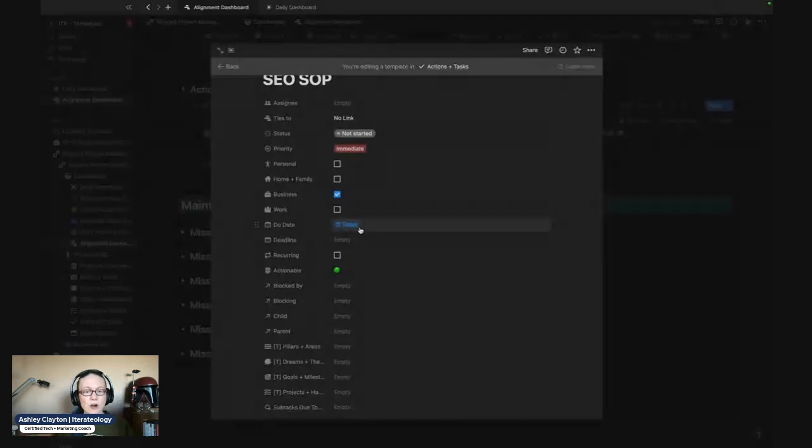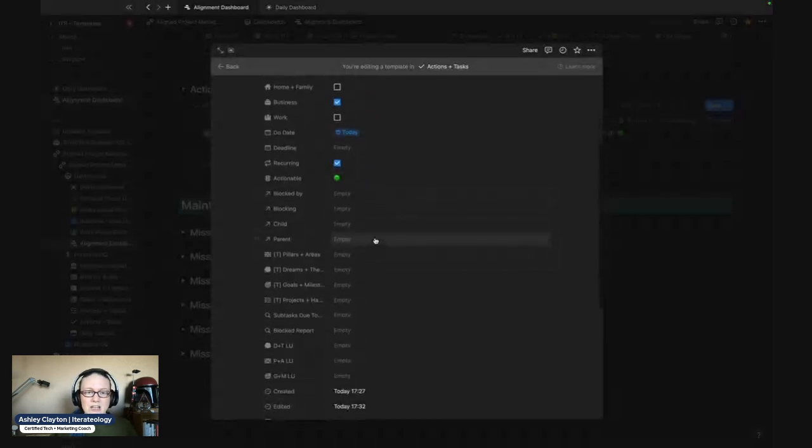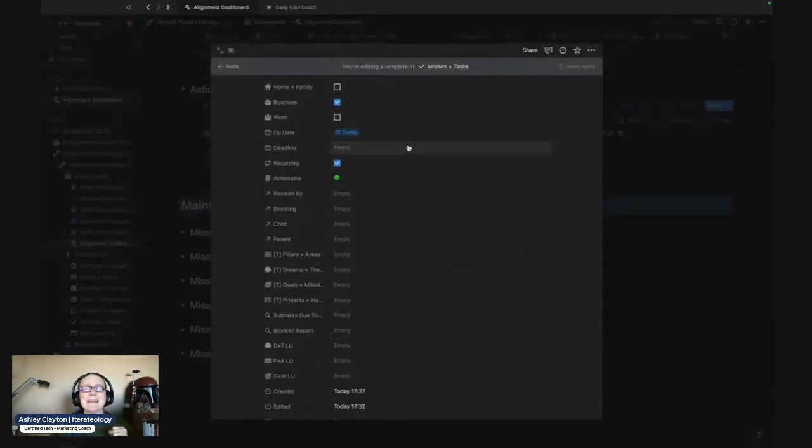And then when I set up the recurring piece of it, I'll go through a mock one to show you guys how I set up a recurring client task, because I think that's important. So if you've got a one-on-one meeting, it could work for this as well. It's the same basic concept. I would indicate, one, that this is recurring, so I can differentiate that from other tasks. If it's got a specific deadline, there's not, unfortunately, a way to do plus 3 days, plus 4 days, or whatever. I wish there was. One day, Notion, one day. But since everything runs off the due date, you'll be fine.